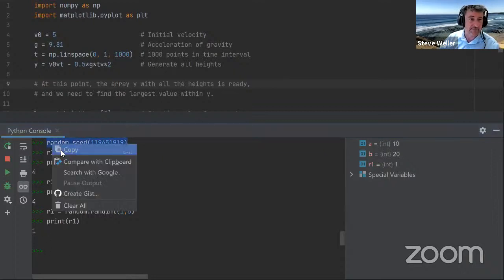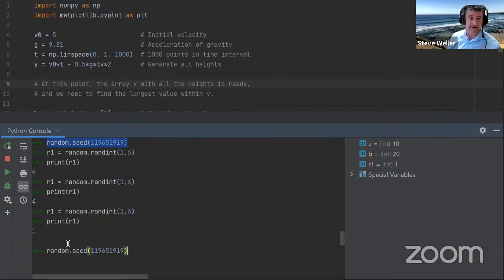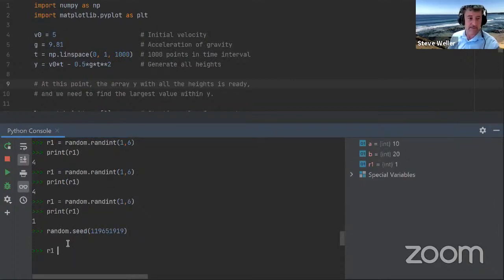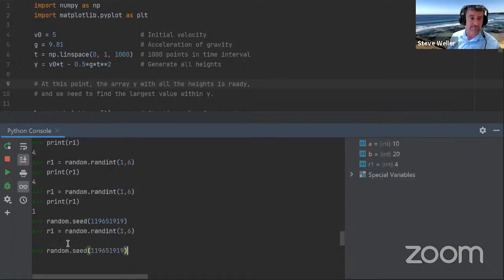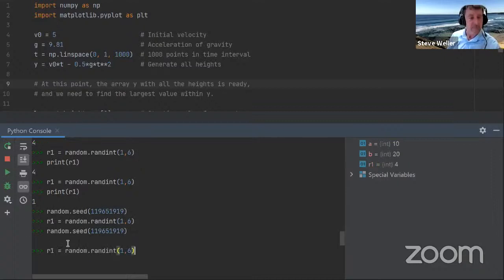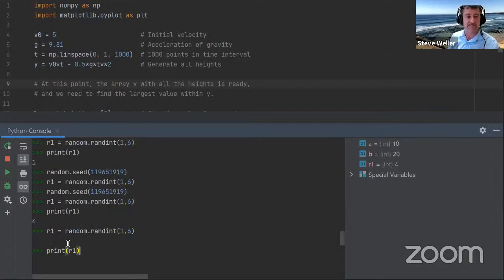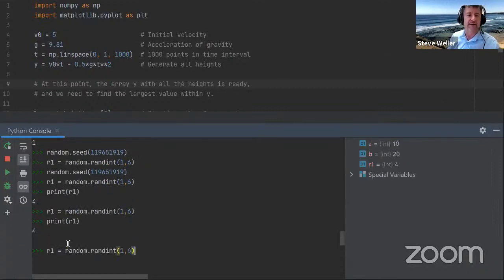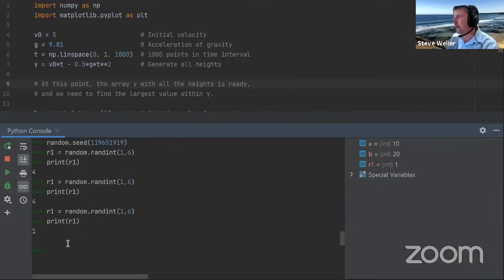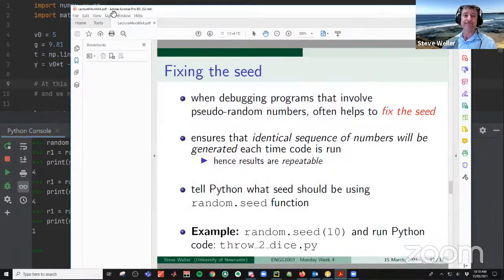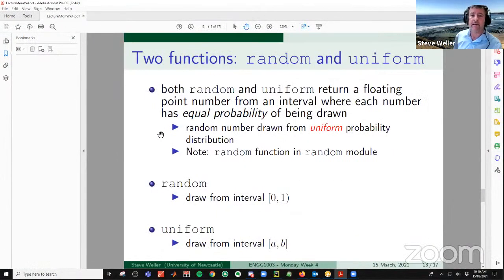So let's do that again just to validate that things are working as we expected. Random number between 1 and 6, print it, it's 4. Between 1 and 6, print it, it's 4. Random number between 1 and 6, print it, and it's 1. So everything's working well. There's nothing special about that random number 10. Sometimes people put their birthday in as a random number seed. There's nothing significant about it. The ability to set your own random seed, though, is really handy.